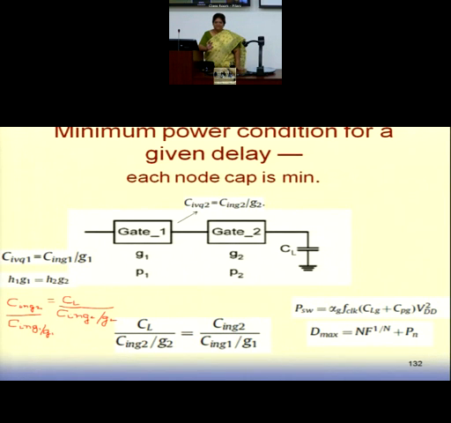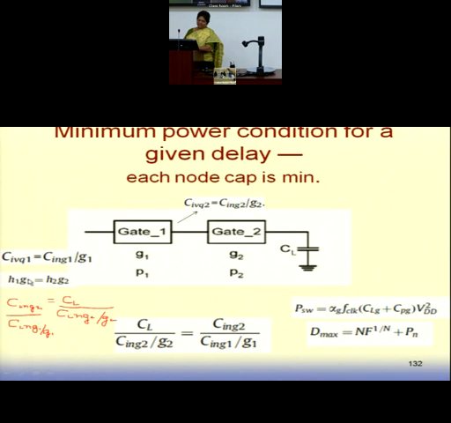equation. Because now P is PNM, P normalized. It is a switching power that you are looking at. You are not looking at the D. But then the equation comes out to be of the same form: every stage should have the same stage effort. Then you will get a minimum power. And then I say, okay, it is G1H1 equal to G2H2.